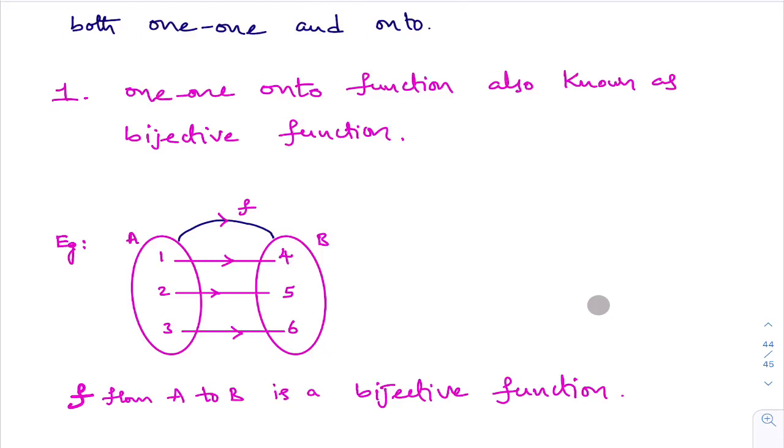See, these definitions are very important to do second exercise problems. With this, the theory part related to second exercise is completed. I strongly recommend you to go through the theory part of your college material or NCERT textbook and go through some examples. While doing exercise problems, you will get more clarity about one-one function, onto function, one-one onto function. I repeat the points in the second PUC syllabus. One-one function is also known as injective function. Onto function is also known as surjective function. One-one onto function is known as bijective function.